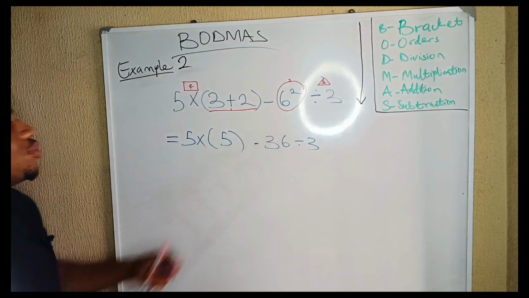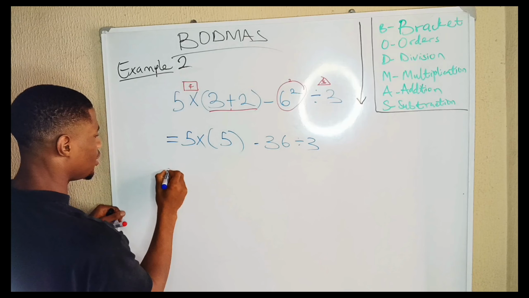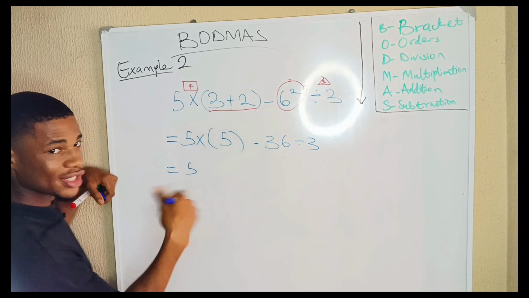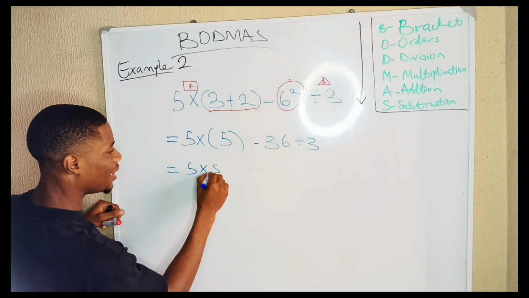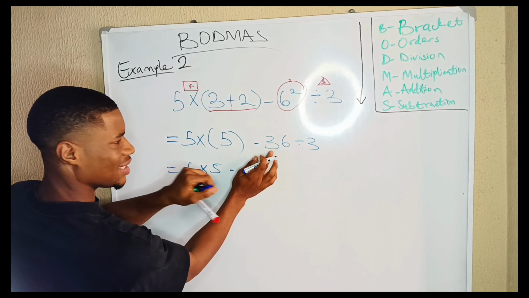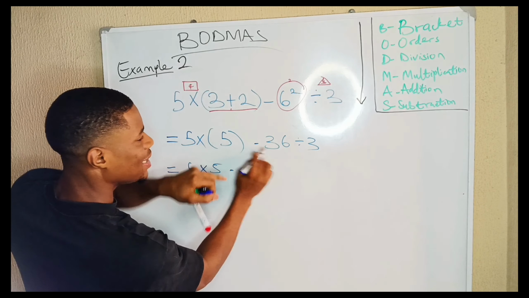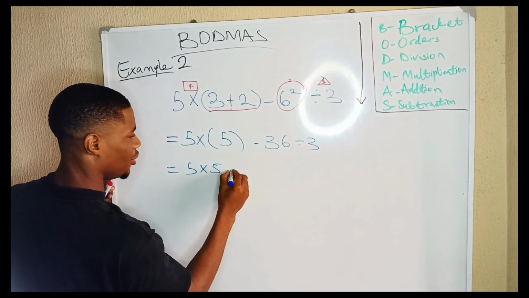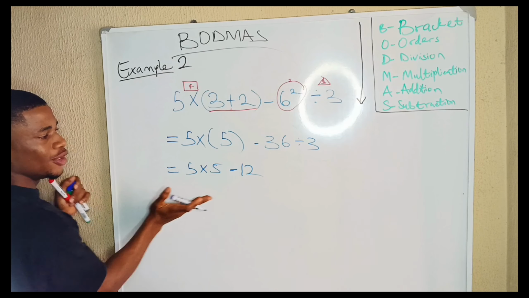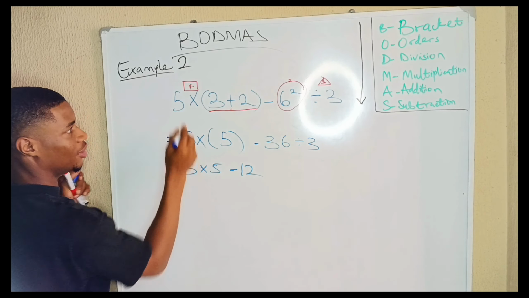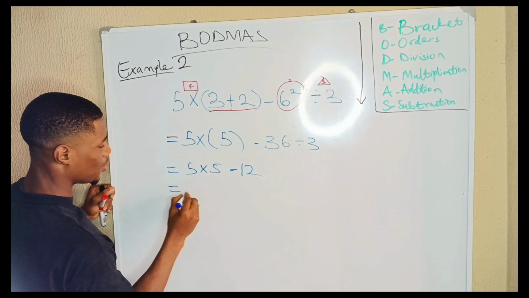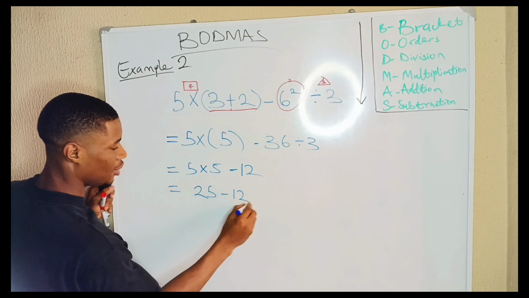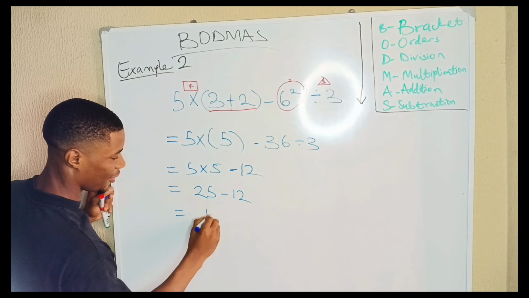That is the third thing we're going to do. So this is third. Let's go. This becomes what? 5. But remember, we still have something in the brackets here, but let's wait and continue. Now we have 5 times 5 minus 36, this is negative 36, or say 36 divided by 3 gives us negative 12. Now multiplication becomes the fourth thing, right? So 5 times 5 is what? 25. And you have 25 minus 12, which boils down to 13.